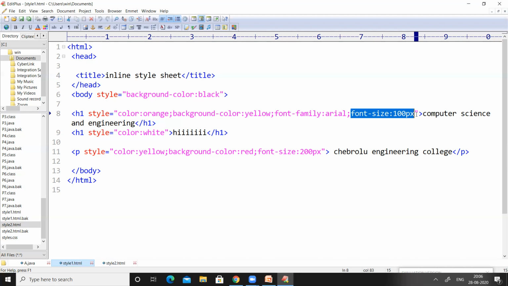So this is how we can use inline style sheet. Inline style sheet means we will provide the properties related to styles in the same line, and the styles will also be applied for that line only. That is why the name is called inline cascading style sheet, right?